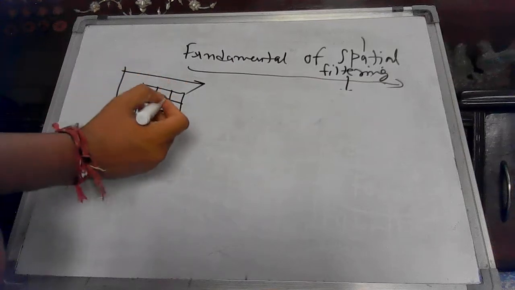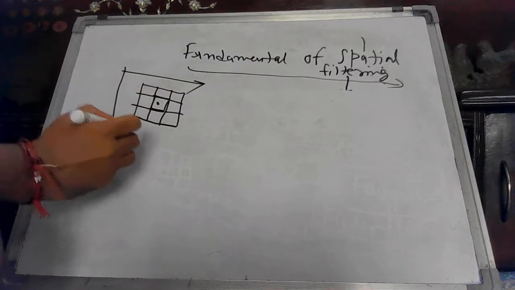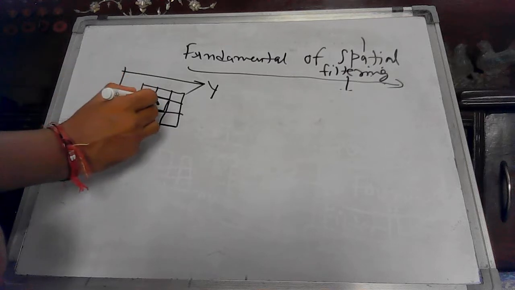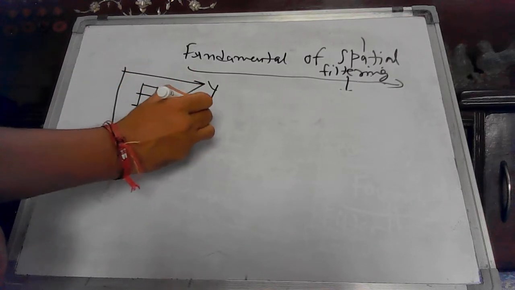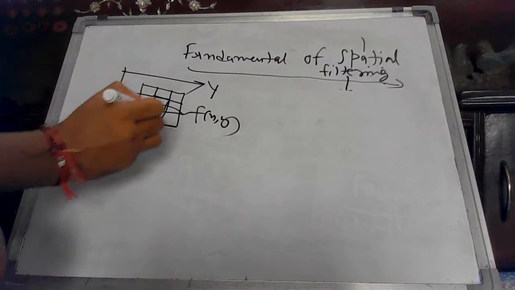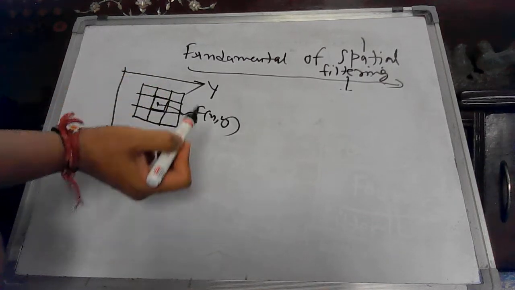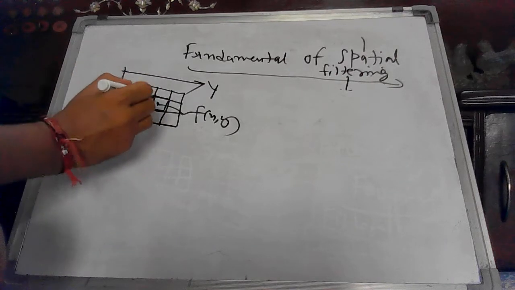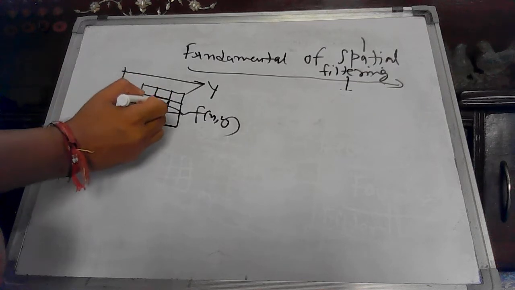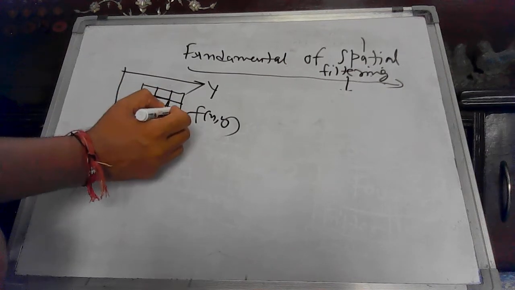Now see how to process an image by using a mask. First of all, let's say you are representing your image f(x,y), where x is in this direction and y is in this direction, and let's say you are processing this particular point f(x,y). Where will its neighbors be? For a 3 cross 3 neighborhood, the neighbors are the diagonal neighbors as well as the horizontal and vertical neighbors. If this location is xy, the one before will be represented by minus 1, and the one forward will be represented by plus 1.